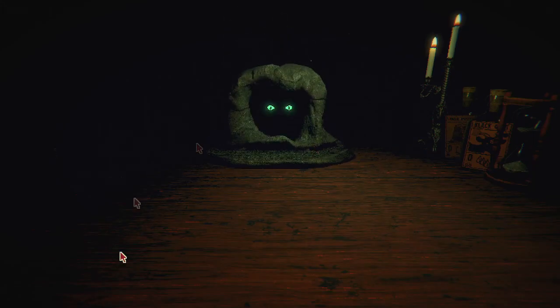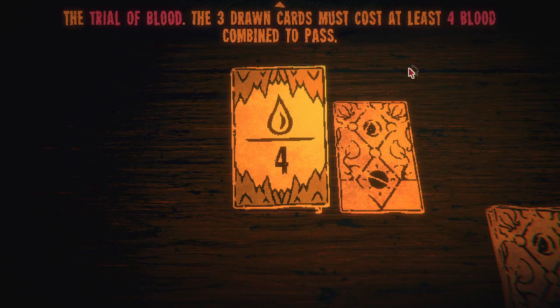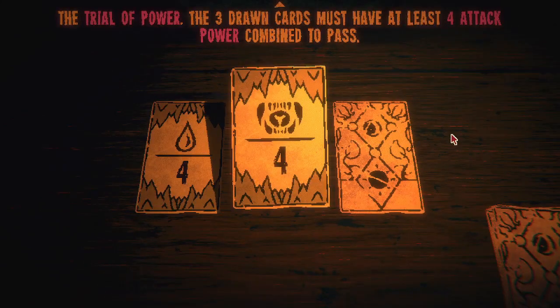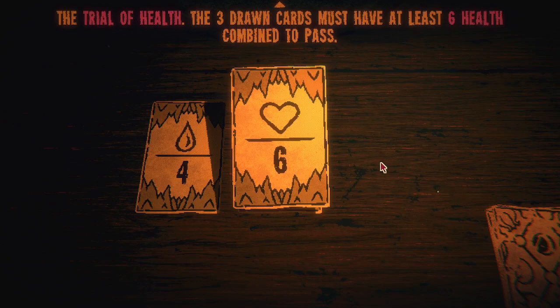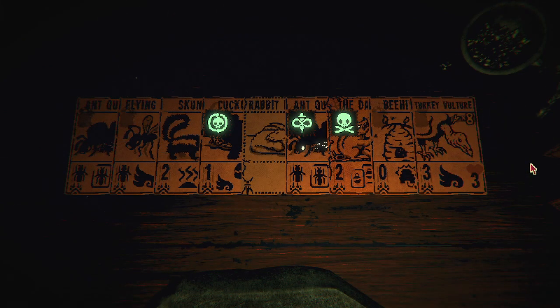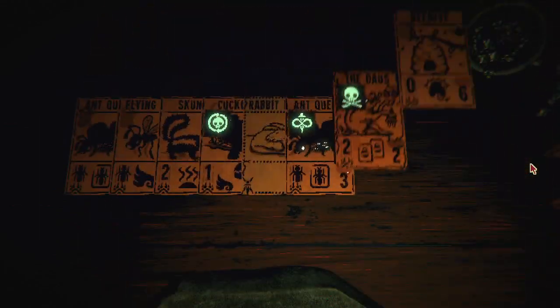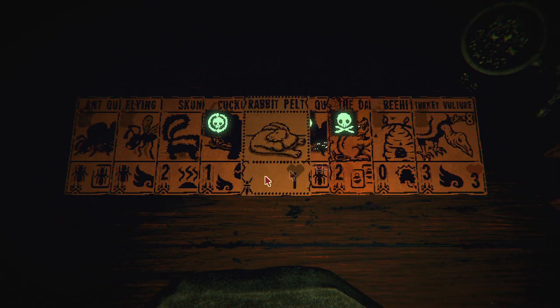Let's finish our totem. That's on the agenda right now, because I have a lot of bugs. 3 cards need at least 4 blood, 4 damage, or 6 health. So he's going to pull 3 cards at random from my deck, including the pelt. And I need to set the criteria for the win condition. I could probably do health because...